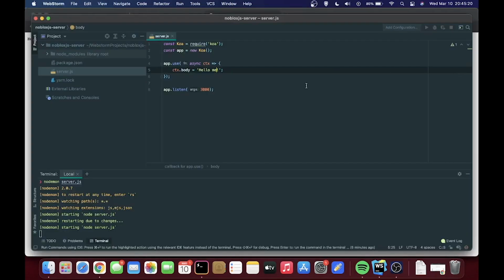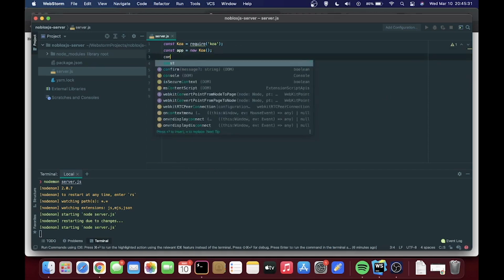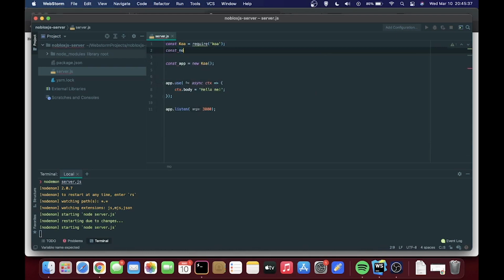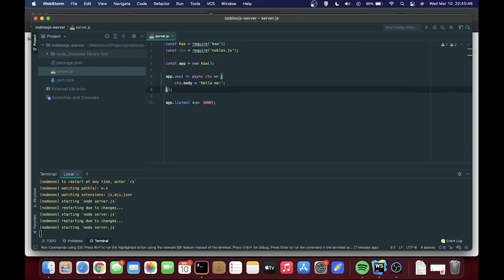This is basically an API. I can access this from any point, any location, assuming that it's running on a server with a public IP address. Now, we want to use Noblox with this, so we're going to go ahead and re-import Noblox into this project. I'm going to put it up here. Keep all your imports near each other. And we have something like this.